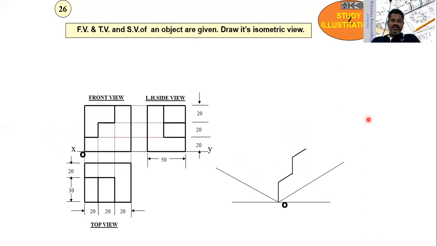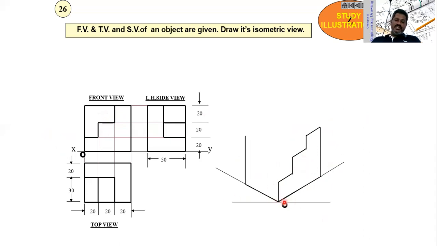Then go back, it is 20 and it is also 20. Now move up, and this height and this height. And this length is also 20, then join this end point and draw a line parallel to this line, which will intersect at a point, and this will become the front view. Now, after joining this,